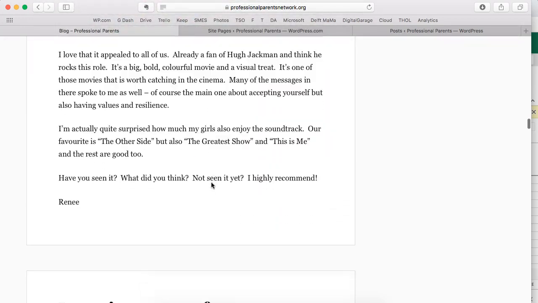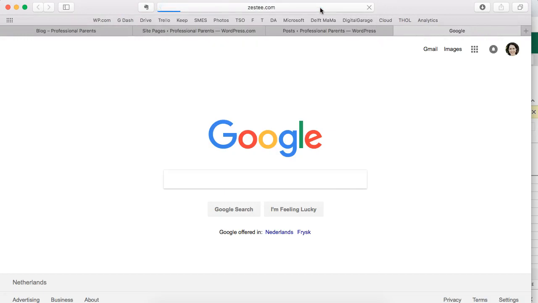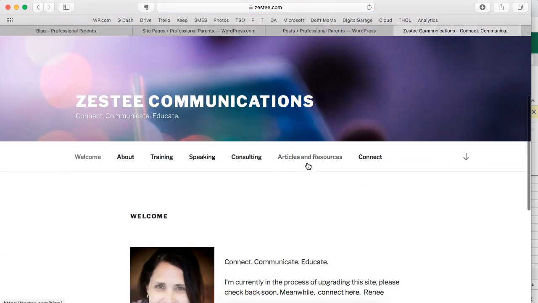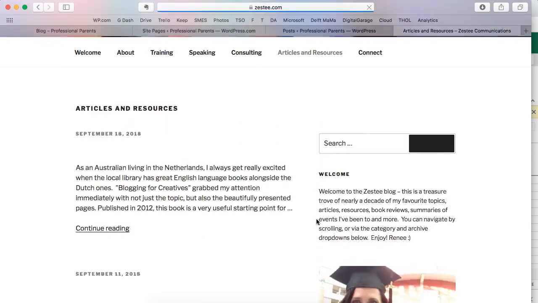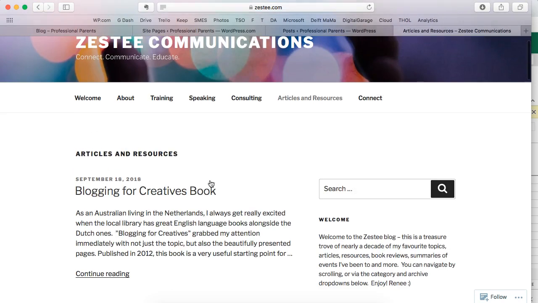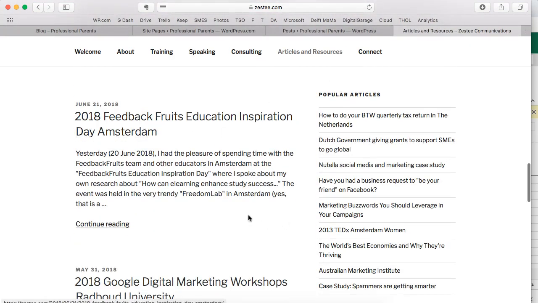And you can't really see the rest, whereas if you look at Zesty, I have around 200, 300 posts on there as well. But you can see on my blog, which I've renamed Articles and Resources, I've got these category clouds. So even though I've got the reverse chronological order here of the most recent posts, this particular theme that I'm using